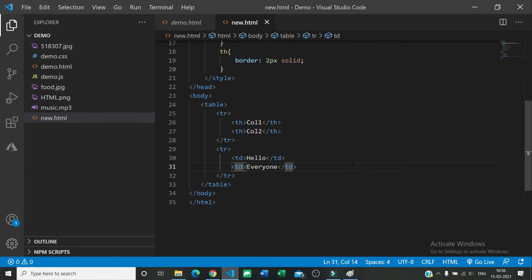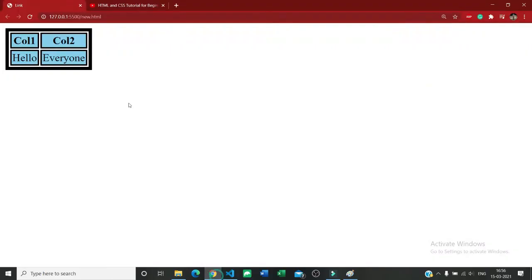So first it inherited something from tr, then whatever we apply on td will appear on our web browser. So that's why here in every column the background that I give to every row is already there, and then the border that we applied on column has been applied to our table element. So that's how table element styling works.